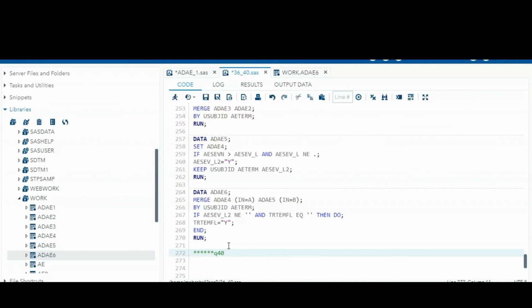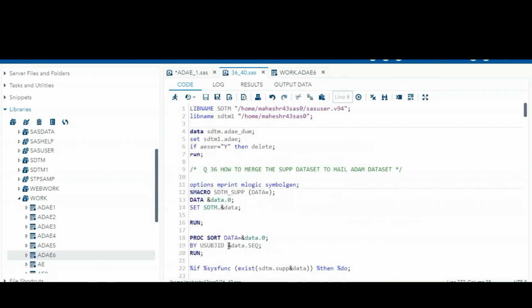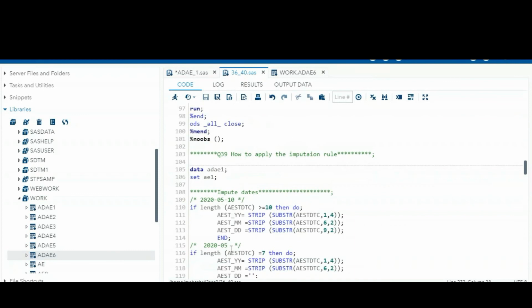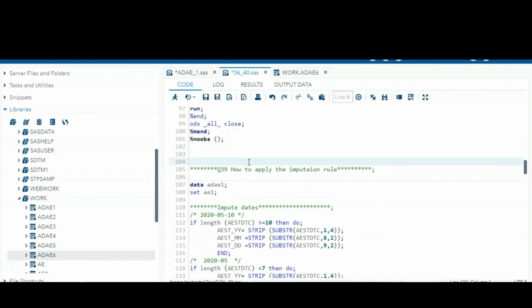And the 40th question. Some of our subscribers asked this question: what is proc printto? Okay, a proc printto related question. Whenever you have to export your log or your output, the .lst file, you have to write proc printto. You just mention it at the starting position of the log you want to print. So we are running all this program, so at the first step itself you can write proc printto. From here onwards we want to print the log.